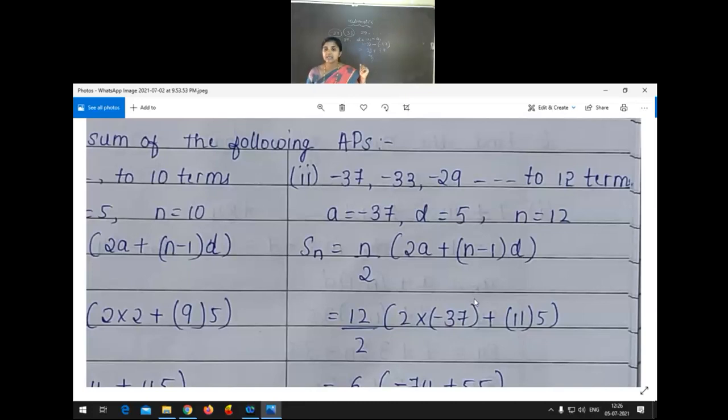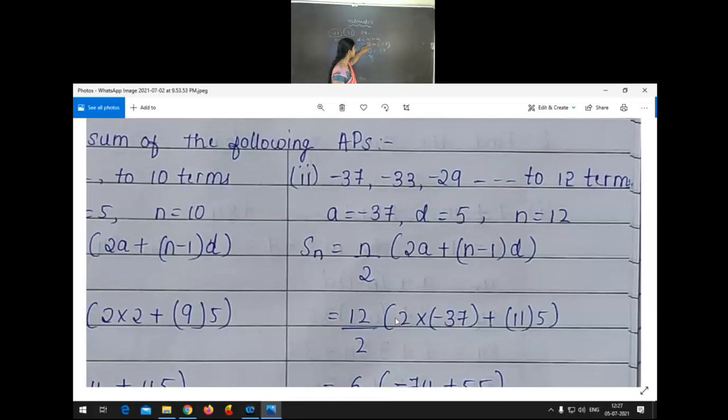If these 3 things are proper in the sum of n terms of an AP, then your next problem you can go easily. If we make a mistake at the start, the difference will be wrong. Here we got 5 instead of 4. If we don't glance carefully once more, we carry the problem forward with this same 5. According to us the answer is right and we come out of the exam hall. Our answer is right for us. But when we look at the problem deeply, the difference is 4. Then everything has to change here.